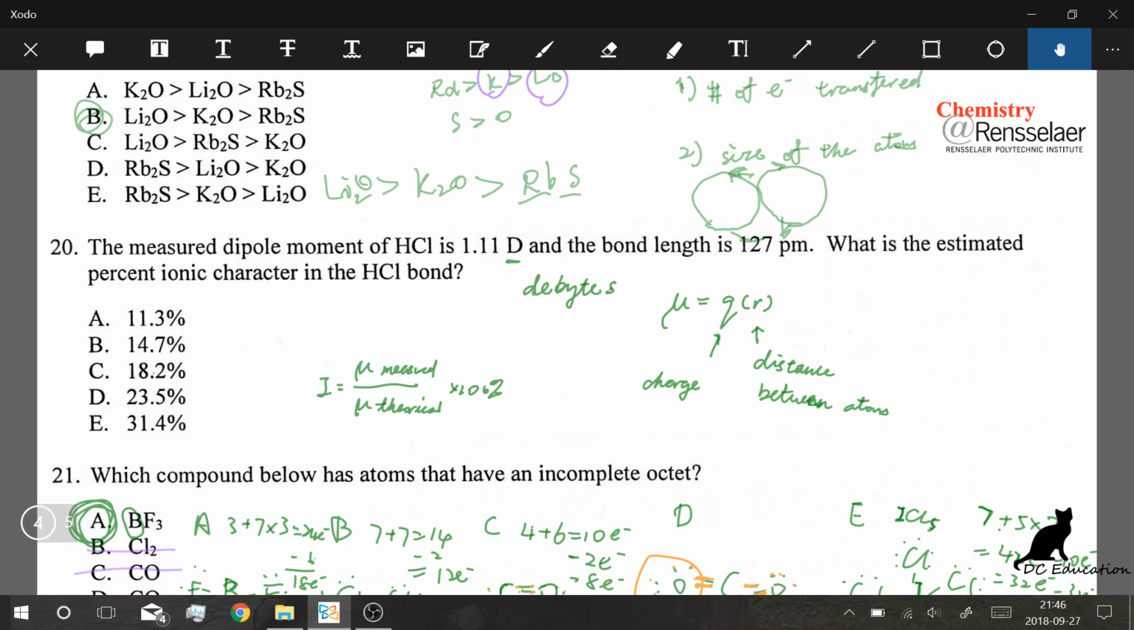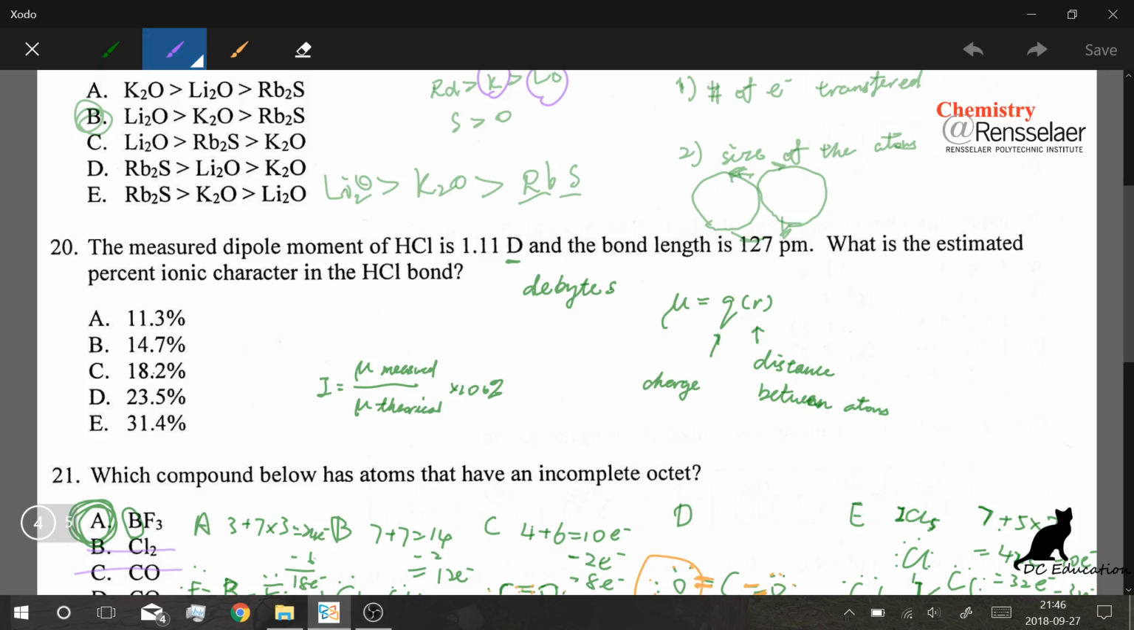The measured dipole moment has been given over here, and what we need is to find the theoretical dipole moment between the H and the Cl, the bond between H and Cl. So mu equals QR, and Q, since H is plus and Cl is minus, there's only one electron transferred between the two atoms. Never mind, I'll just write it here: QR. For one electron transferred,